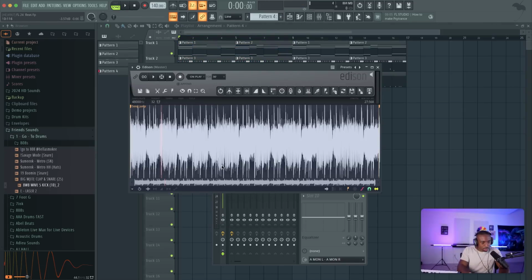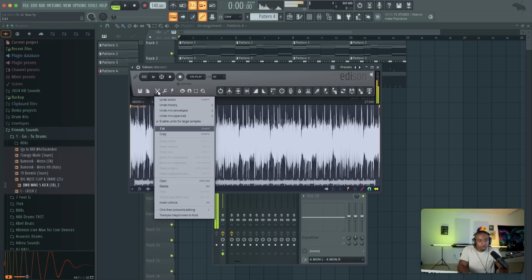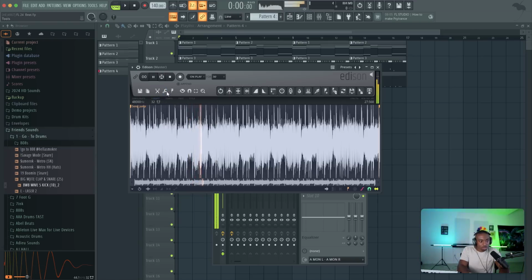I remember in the release notes it said that Edison had an AI declipper. I don't see it anywhere on the front panel. Maybe I'm just not seeing it, but I don't see it as a feature. It could be baked in automatically, but what I did is I played the beat, took off the soft clipper so that it could purposely clip. And let's just see if we can hear a difference. So this is with soft clipper on.